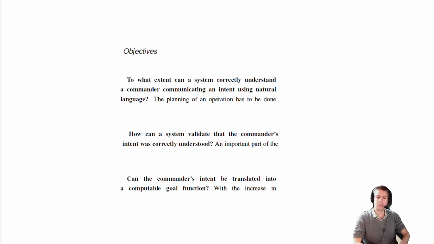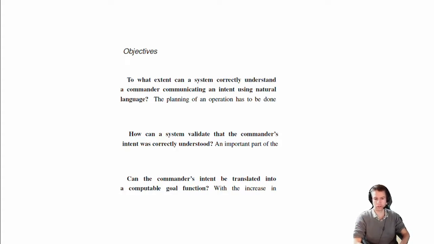We are very interested in creating decision support systems that help military commanders during the execution of their missions. During such an execution, a commander does not have time to interact with such a system for very long, to configure it, maybe even to write computer code. So how can we make sure that the commander is able to effectively communicate with such a system? In this work, we have taken the approach of understanding the natural language of the commander as a way of interfacing with the commander. This means that the commander should be able to just state in his own language what his intent is, what he wants to achieve, and the system should be able to understand it and react to it